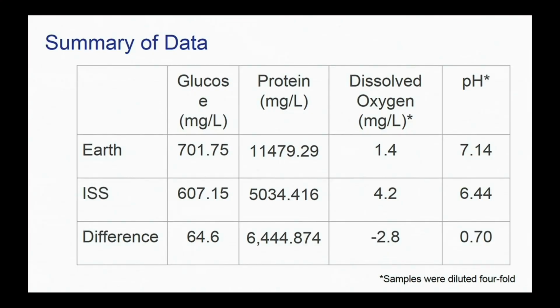This chart reflects the data that we collected from both FME labs. After the analysis procedures, we found out that there was a higher concentration of glucose and protein inside the Earth tube as opposed to the ISS tube. Now what this shows is that there was more glucose and protein consumed in the ISS tube as opposed to the Earth tube. And in order for muscle tissue to regenerate effectively, it needs to consume more of this glucose